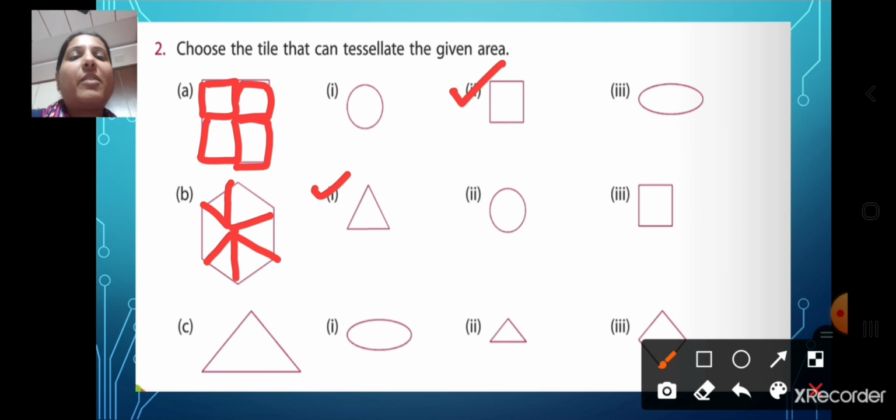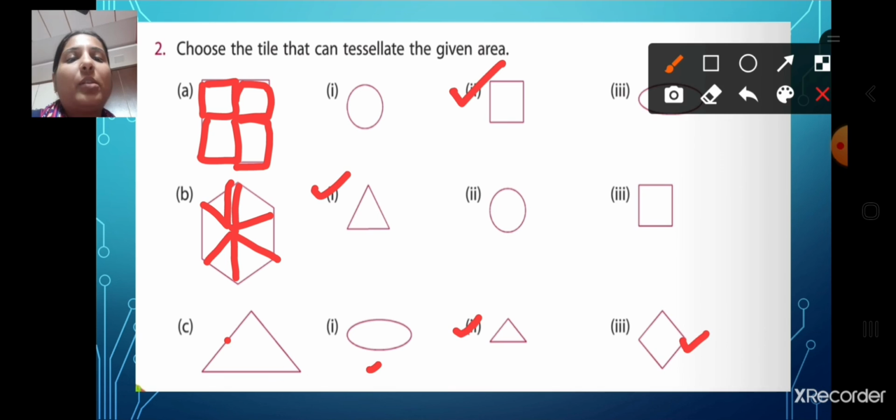In this way, this can tessellate this. It can be used like this. Here we will have 4 small triangles to tessellate this given bigger triangle. So what would be the correct option? It would be number 3. Yes, this one is the correct option.